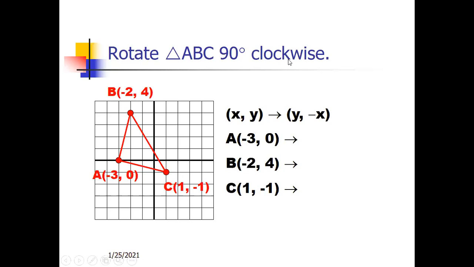We said that the word clockwise means what? It's negative. Negative 90. So for negative 90, we will switch and we will change the sign for the second. So 90 clockwise means negative 90. So we will switch and we will change the sign for the second. So for the first one, -3 and 0, it will be